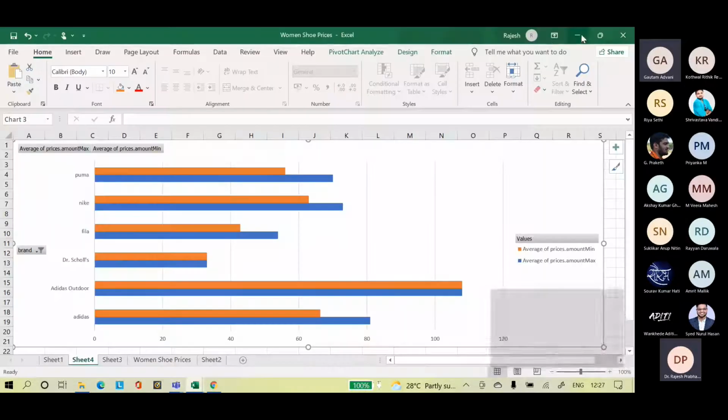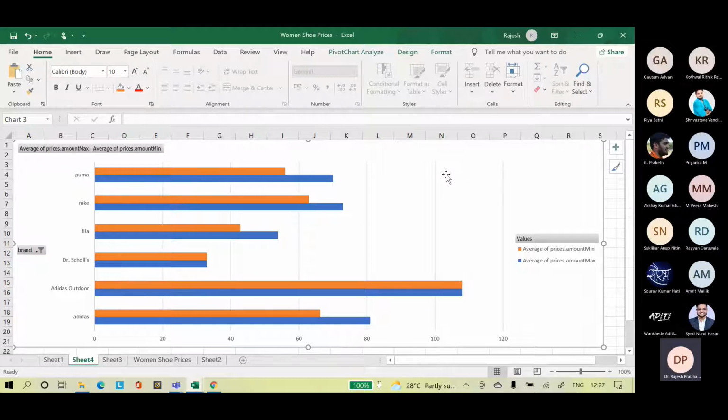Any doubts you have on how to look at your inventory, you have to be very careful with the minimum price you can offer and the maximum price to offer, and accordingly you will offer a discount. If the min and max price are the same, you can't offer a discount. So that is how you have to plan. The category managers will look at the prices and accordingly offer a 20% discount or a 10% discount, and then the category will be cleared from the stock.